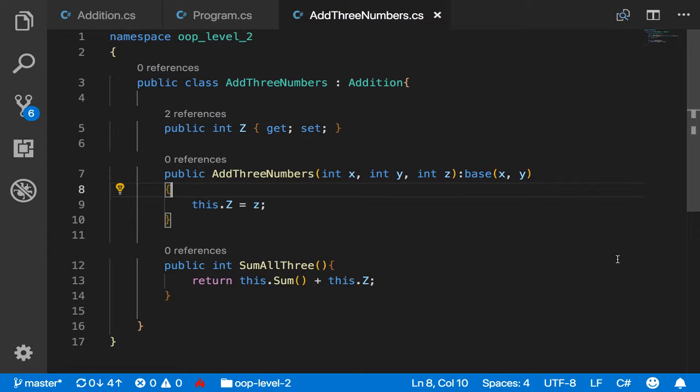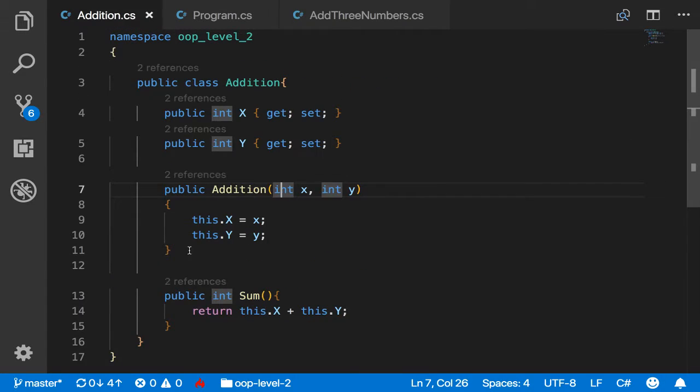Would you run into a problem? Well, I guess you would have to do the same thing if the parent was inheriting from a grandparent. Yeah, but that would be handled in addition, from the parent. So with base x, is it transferring it to the int x parameter? Yeah, this is calling this constructor right here